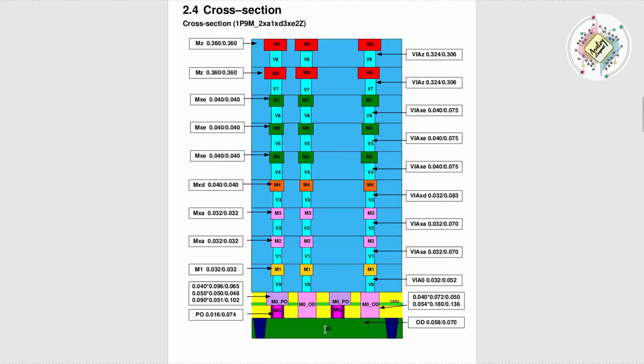Generally OD will be fabricated, then STI will be fabricated. After fabricating the OD, wherever there are empty spaces between OD to OD, everywhere there will be STI. Then on top of that we have a poly layer. On top of the poly layer we have M0 to poly layer. By default, in the normal planar MOSFET, you don't see these layers, for example M0 to PO and M0 to OD and then V0.